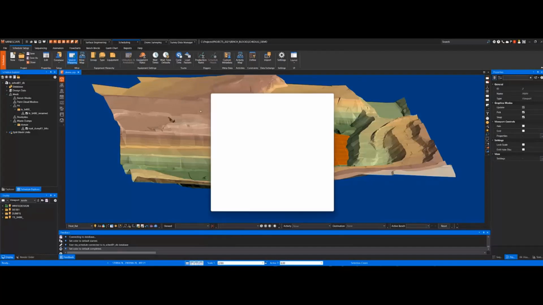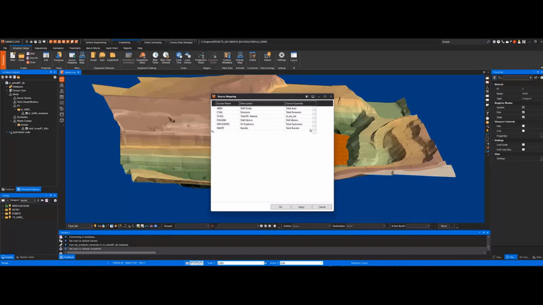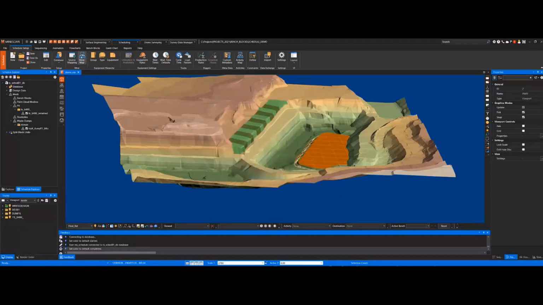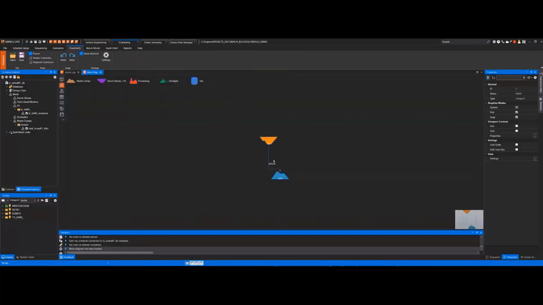The next thing you do is you'll map your material to your source. Source is metadata. You set up a mind map. A mind map defines how you want your material to flow. In this case, I'm going from my truck shovel operation to an in-pit dump. That's this.